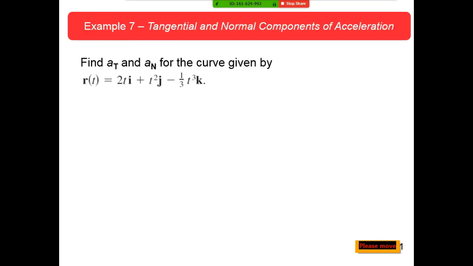So let's move on to example 7. Find the tangential component of the acceleration and the normal component of the acceleration for the curve given by this. So how would you begin? Take a derivative is always a good answer, isn't it? Okay, r prime of t is equal to